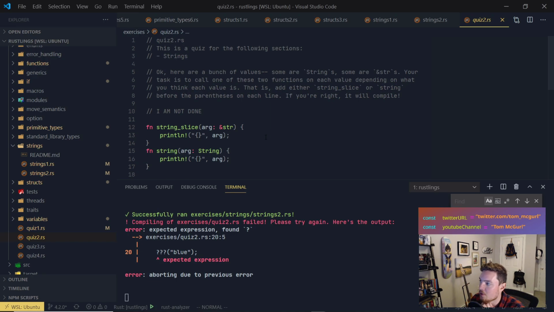This is a quiz for the following section, strings. Okay, here are a bunch of values. Some are strings, capital S, and some are string slices. Your task is to call one of these two functions on each value depending on what you think each value is. That's pretty clever. That is, add either string slice or string before the parentheses on each line, and that'll call the function. If you're right, it'll compile. Very cool. All right. If you have any ideas on what you think it is in the chat, feel free to